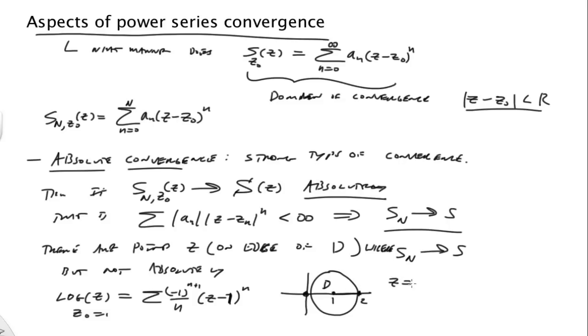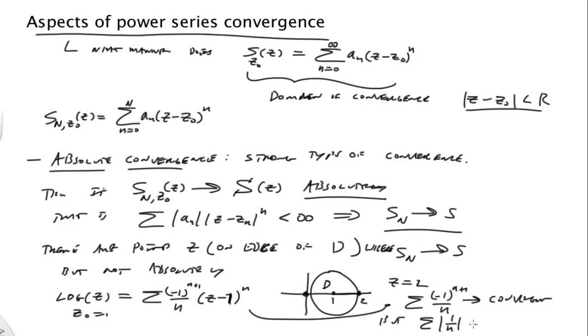If I actually put z equals 2 in there, that becomes the alternating series of (n plus 1) over n, okay, which does converge. But if I look at this series in terms of its absolute convergence, it diverges. Okay, so that was at that point. But it turns out as long as we back away and we stay inside the domain, we can actually state, so I'll just state that right here.